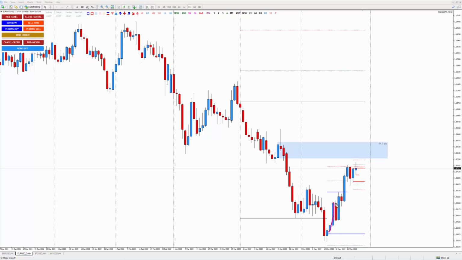This is the minor structure, right? That's the minor structure on D1. Now I see on D1, let's say, that is already a breakout. Is it going to go up? No, it is not the reversal time. Why do I say it is not the time for reversal? Because if I want to start buying for the long term, for a higher reward based on daily, I will wait for this high, or at least this high, to be broken by the price.